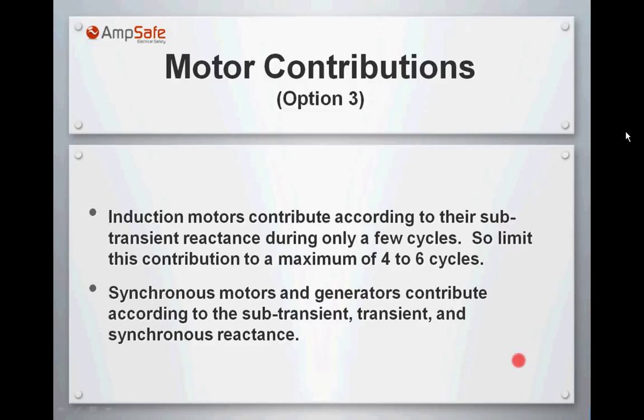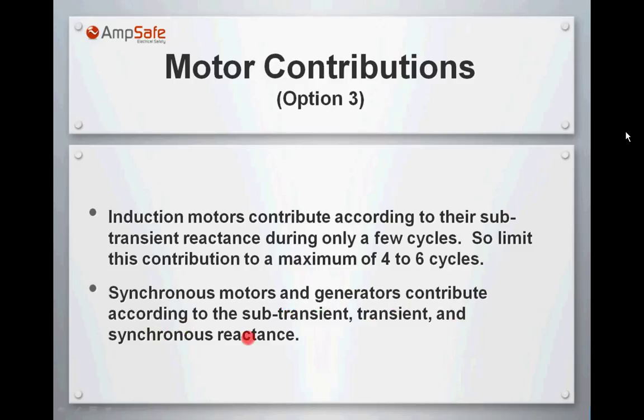When you are dealing with motor contribution, I should say, synchronous motors and generator contribution to arcing currents, you are dealing with 2, the sub-transient reactance and the transient. The synchronous reactance is valid after 2 seconds,